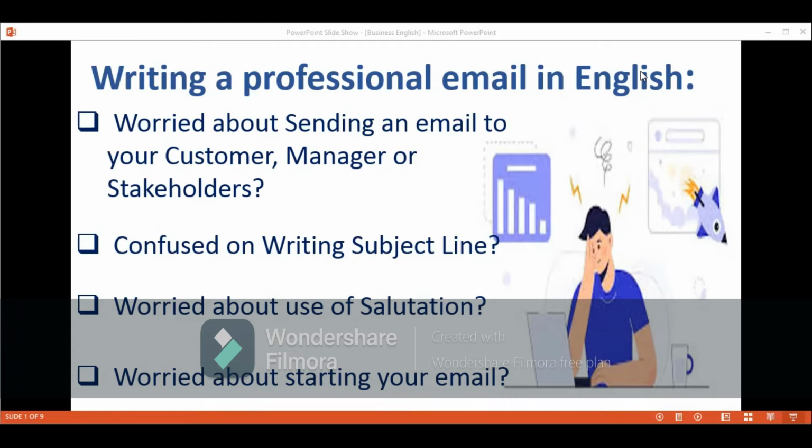At Soft Academy, we teach you how to write a perfect email, how to be very simple and concise in order to communicate either to your manager, your customer, or your peer, and how the email differs when communicating to a customer, a superior manager, your peer, or the stakeholders.